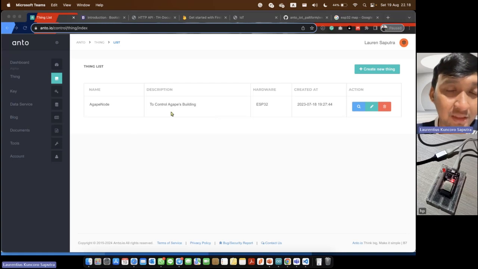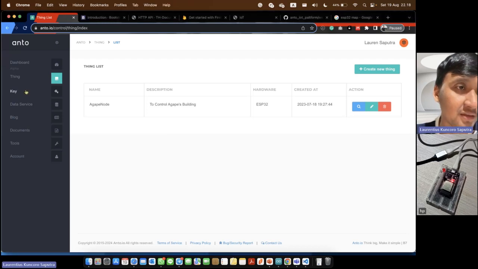So for example, in this tutorial, I put the Agape node as a thing, where the Agape node is a node that I put in the Agape building. And after that, we have a key.